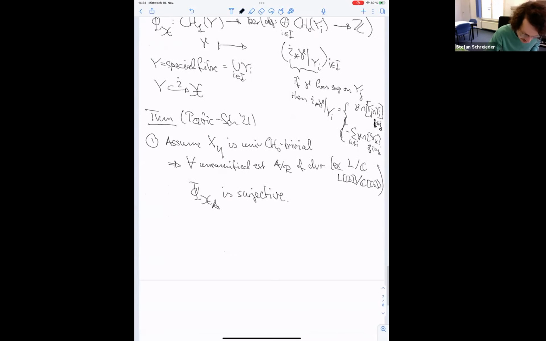Now the issue here is that this only says something about the generic fiber, and we would be interested in the geometric generic fiber. So for this one has to work a little bit more. So if the geometric generic fiber is universally CH_0 not trivial,